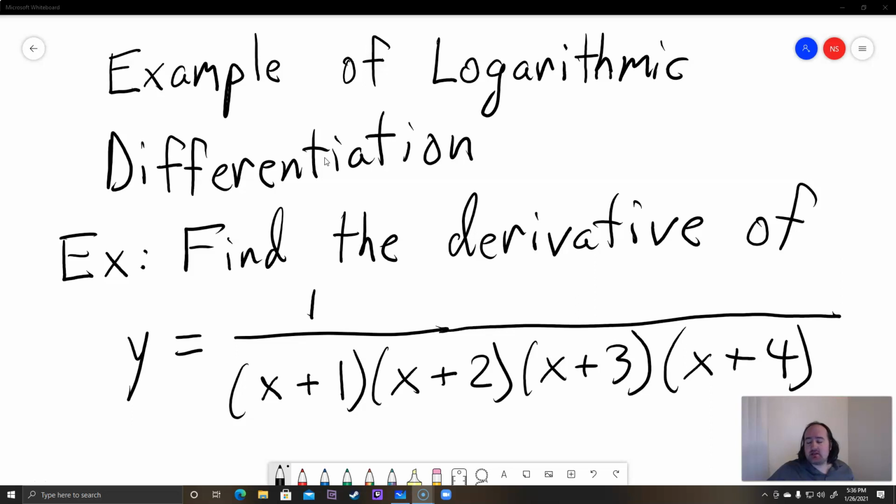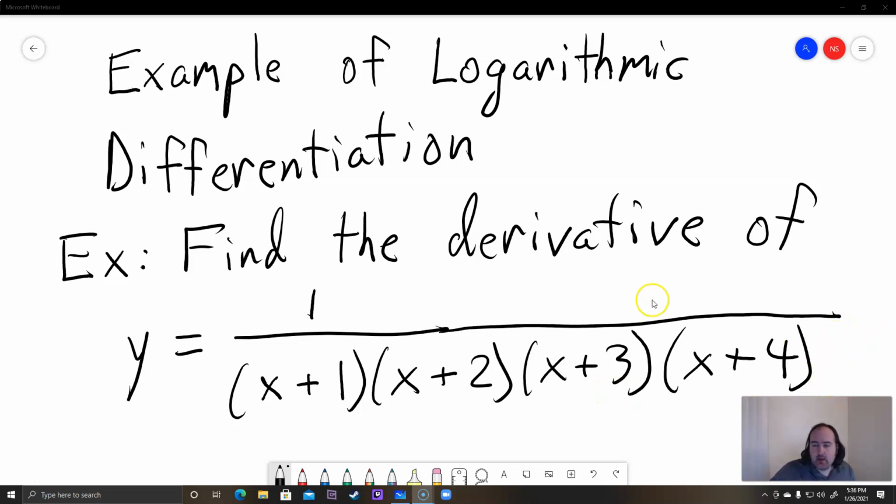Logarithmic differentiation is an advanced technique, so I don't usually give more than one problem in it. I've given you one as a discussion board in my class for Calculus 2. And the one on the discussion board is very similar to this one. It's just instead of having x as the variable, it has t as the variable, and it has one more